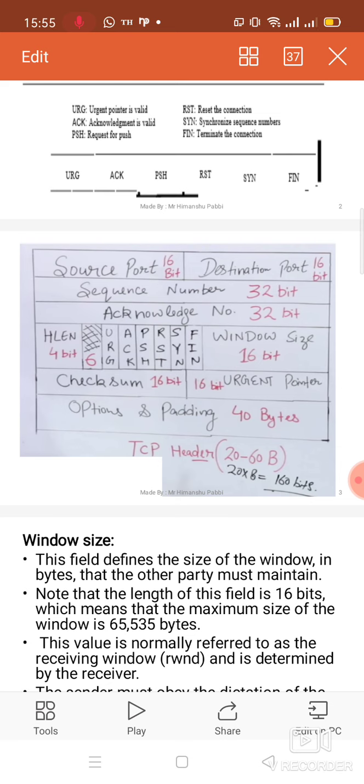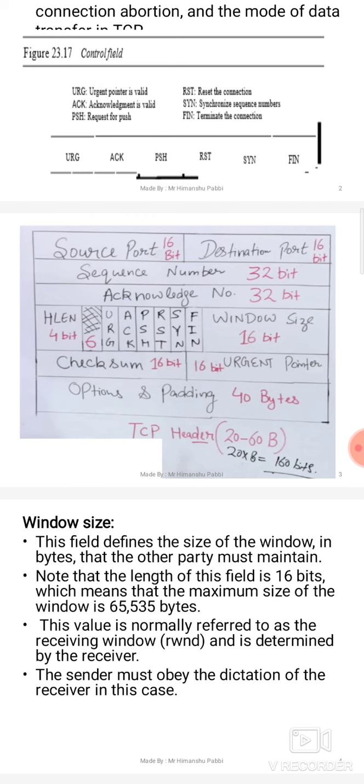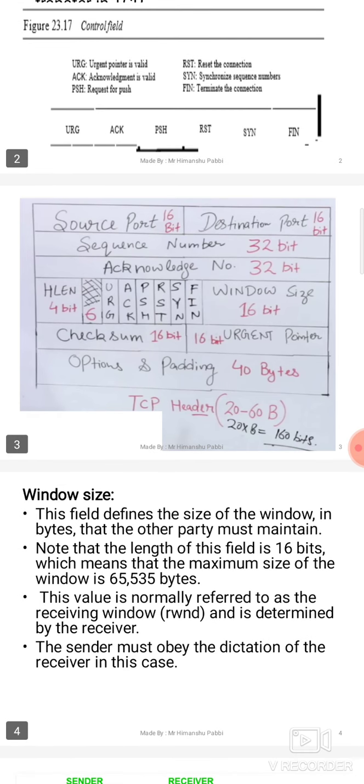The last one is the urgent pointer. Sometimes the data is very urgent and we need to send it quickly to the application layer. Which portion of the data is urgent is informed by the urgent pointer, and the URG flag will be 1 whenever the urgent pointer is used.